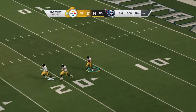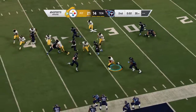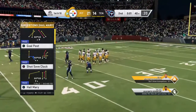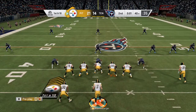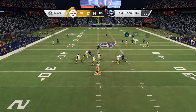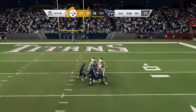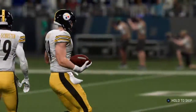This is taken at his 4. Able to get away. That's why you keep the legs churning. And an excellent return there as he's up to the 35, but make it the 40-yard line. Trying to get one more in here before the quarter breaks. Final play of the half. It's Roethlisberger. He's going to air one out. This is caught inside the 15. And they're going to have this all the way